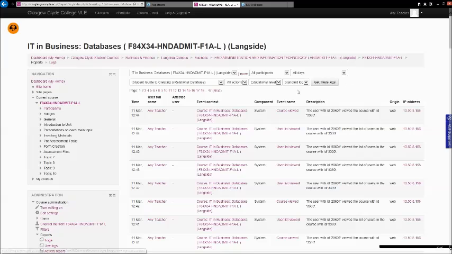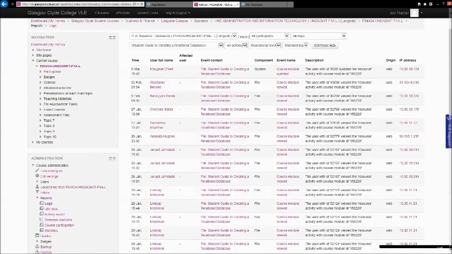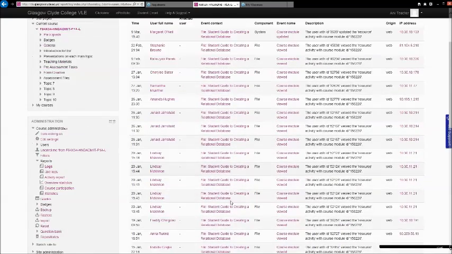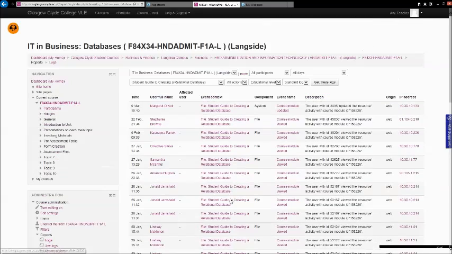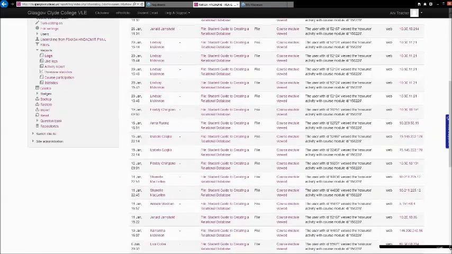So you probably do it with all days. And with this guide, I do get these logs. In this case, it tells me who's accessed this guide and when they accessed it. So I can see someone's accessed it on the 9th of March, actually the teacher. Someone's accessed it on the 22nd of February. So I can actually see there has been activity around that student guide to creating a relational database, and quite